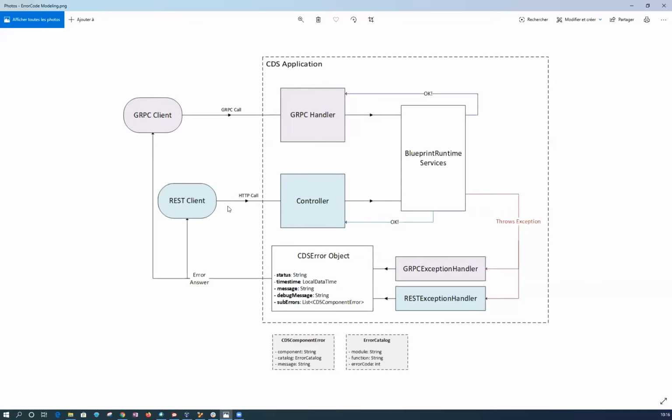And then when you send a REST client request, it goes onto a controller. Then the request goes into the blueprint runtime service. Then what we are planning to do is to add a throw exception on all the